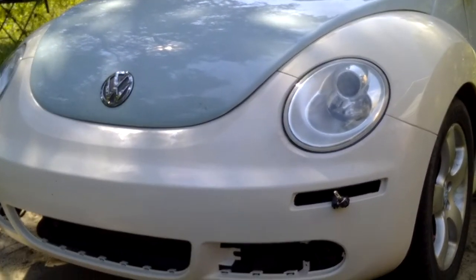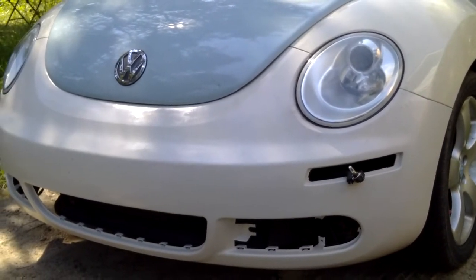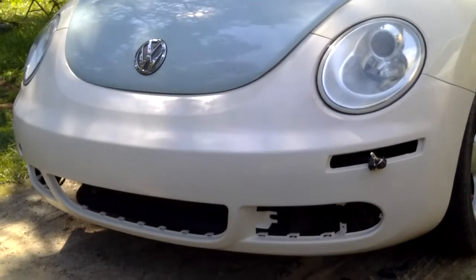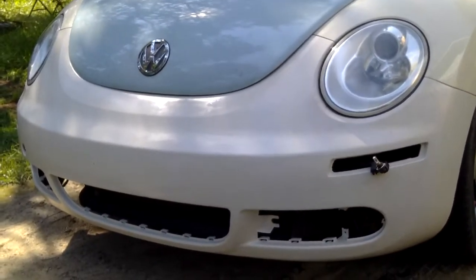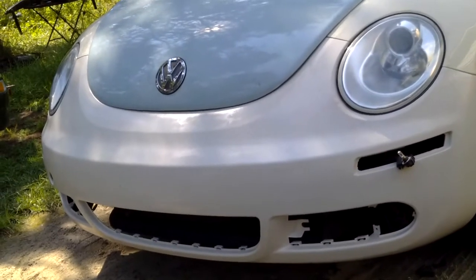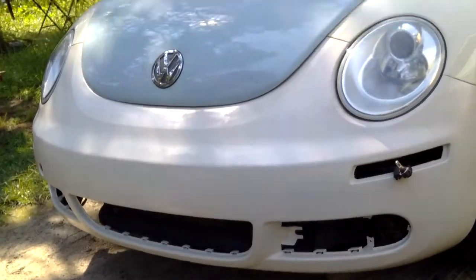I know, not a match. I was thinking I'd like to have the front end white so the car would be red, white, and blue, but that didn't quite work out. So it's red, blue, and cream. So, yeah, I started that yesterday morning. I took the blue front end off, and